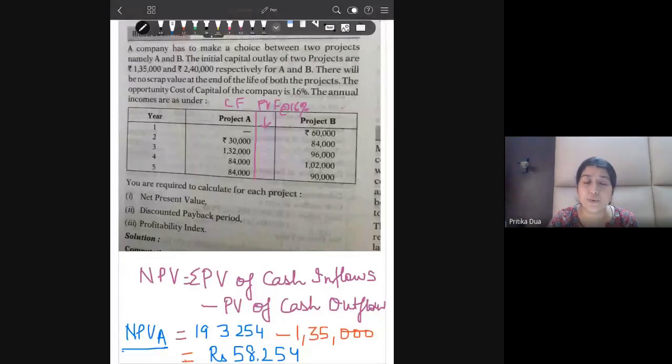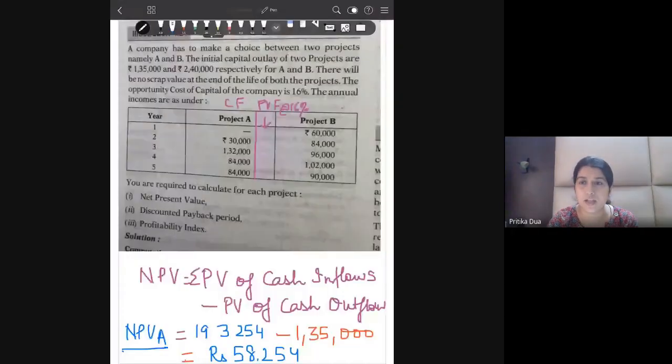Okay, how many of you know about the memory function in the calculator? Has any one of you used the memory function in the calculator? That would be very helpful in these questions. None of you? Okay, in the next class, I'll try and keep a calculator with me. I'll show you on the screen how to use the memory function. Then that would make these calculations a bit more convenient.